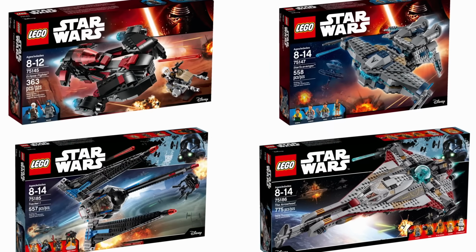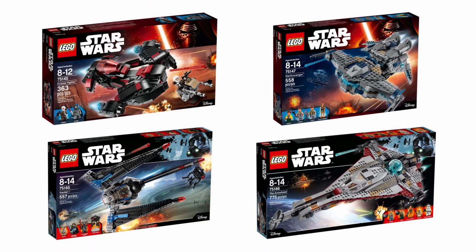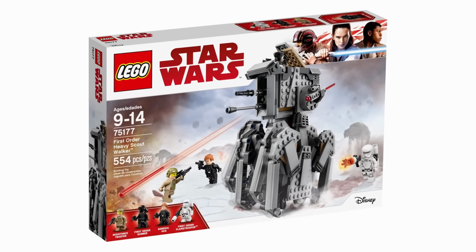So again, the fact that these are from a forgettable show, and the fact that they're just ugly looking ships besides the Eclipse, makes them forgettable. Anyways though, next up I have the only sequel set on this list, that being 75177 First Order Heavy Scout